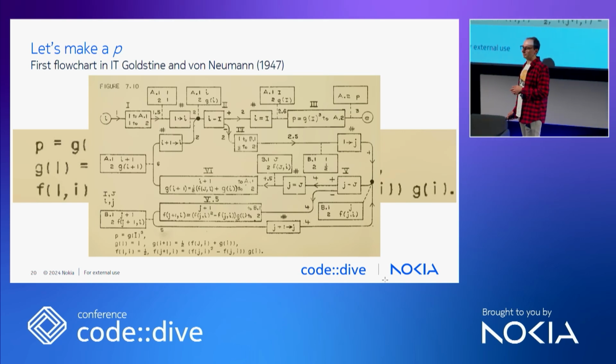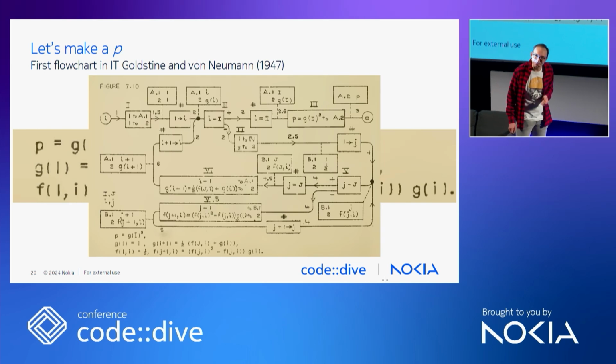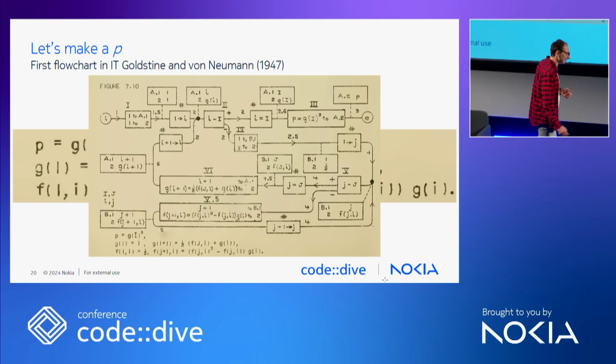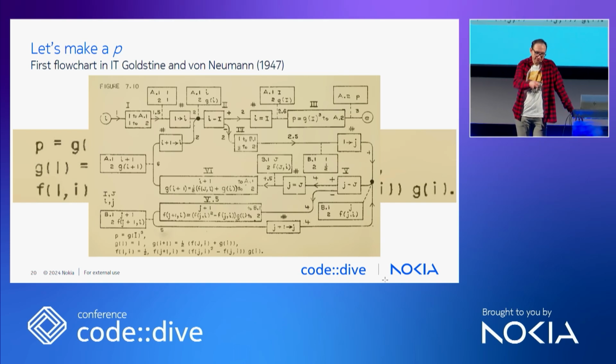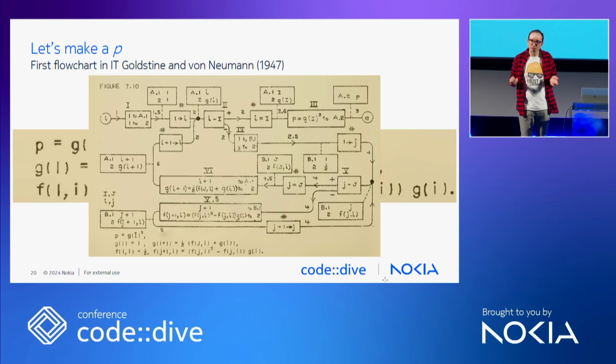Adele Goldstine, prima voto Katz, was a computer programmer. So yeah, women in IT from the very beginning, in the roots. Okay, but this is not something that comes to your mind when you hear the word flowchart.